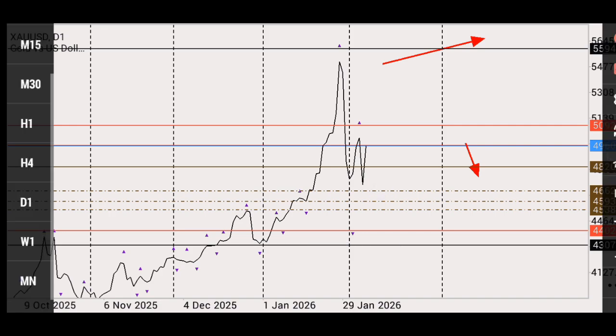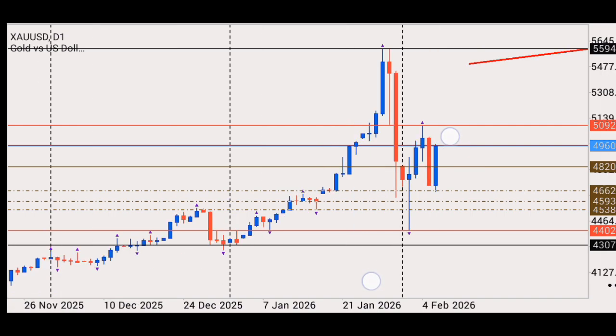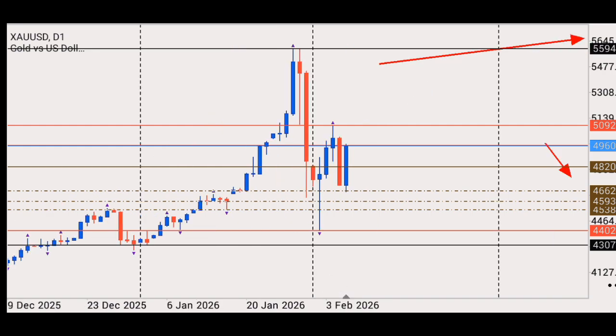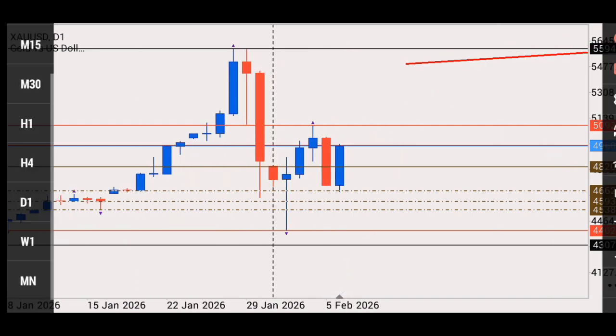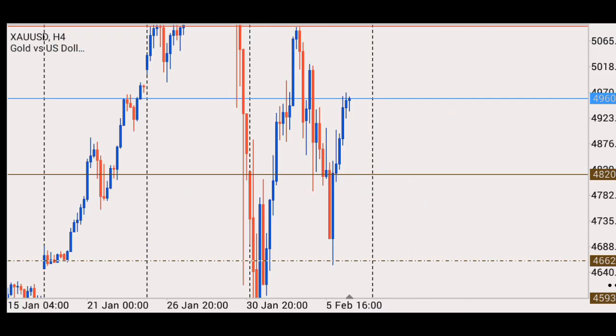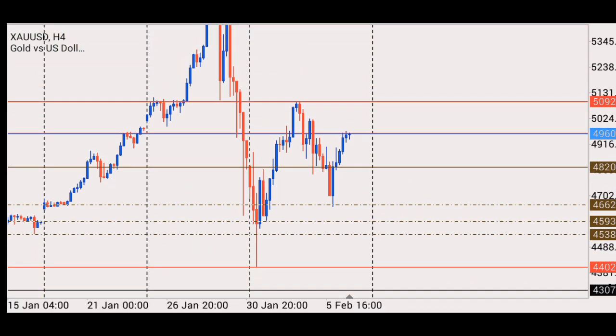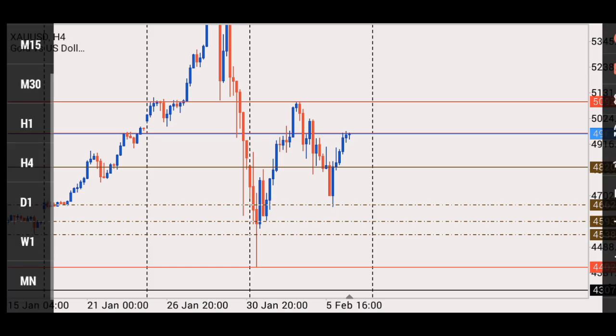Then the only thing you ask yourself is, is there an imbalance here? On this daily time frame, you're not seeing anything, apart from maybe when you go down to a bit lower price. You can now start looking at whether you have some support level for you to know that yes, price must definitely pull back